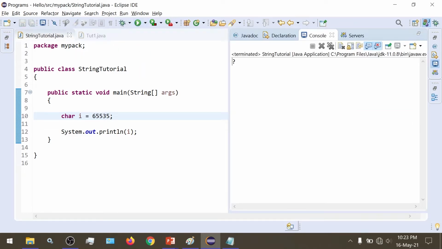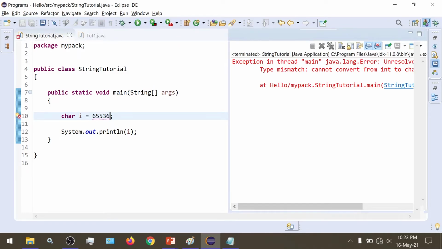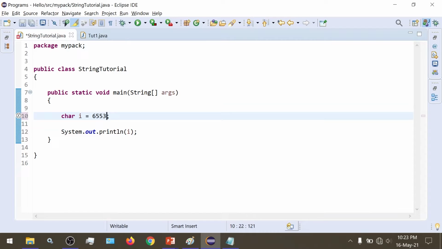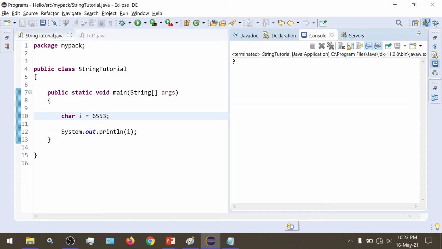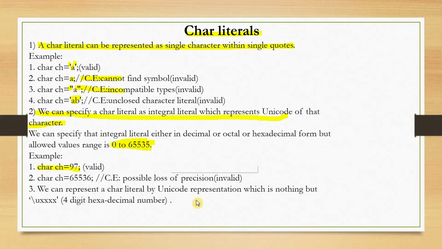So when we run this, it's getting a character equivalent, but the Eclipse IDE cannot convert it, so we are getting a question mark here. If we give 36 here, we just increment it by 1, then we will get an error because it does not have any character mapping for the specified number. So we would get a question mark here for the majority of non-alphabetic numbers because Eclipse IDE cannot print the character at that Unicode value.